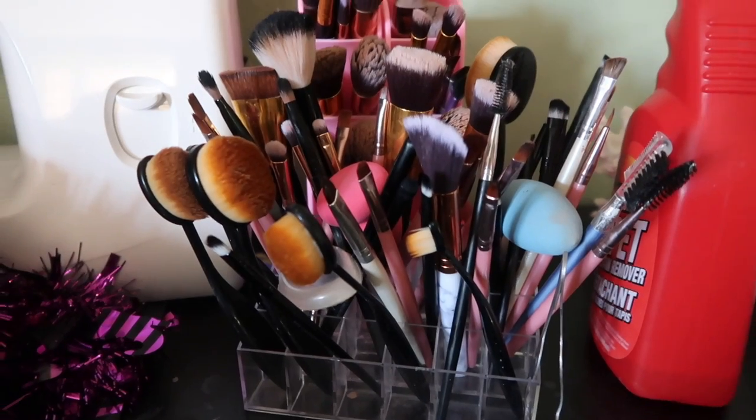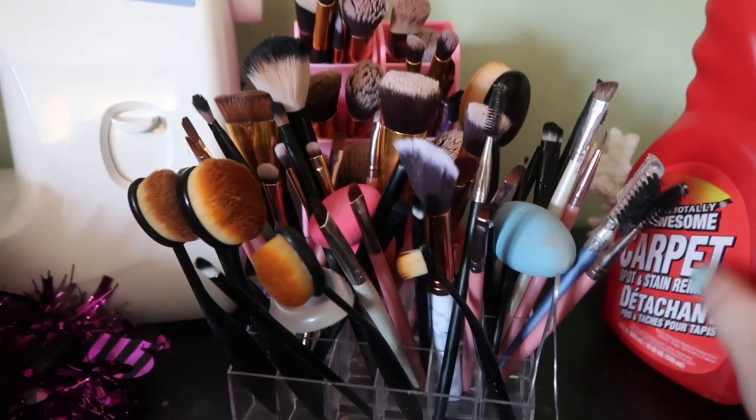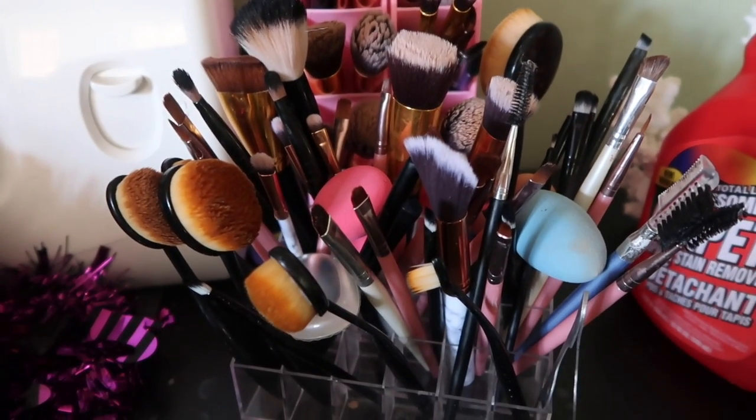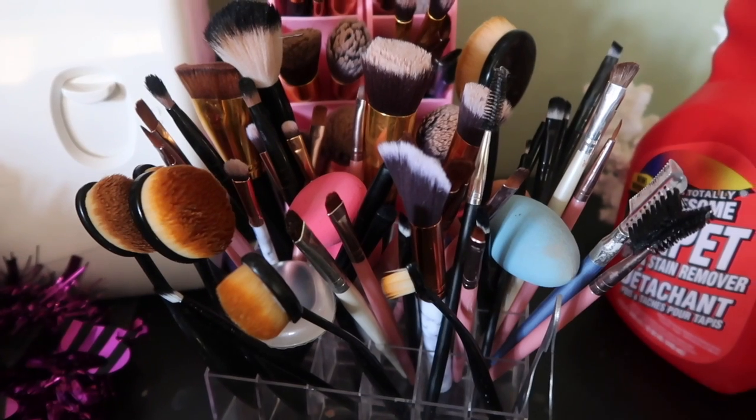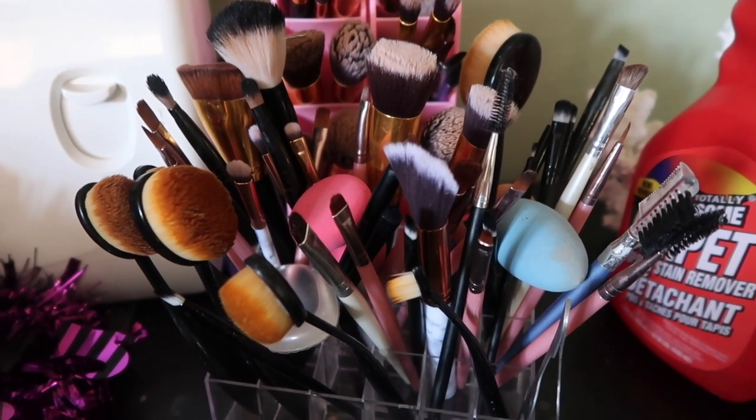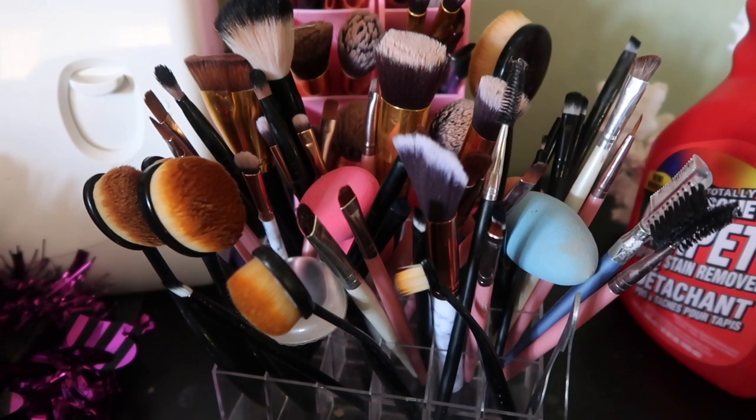So hey you guys, so here's an outro for this video. I just wanted to show you the final products. This is all my brushes. They're all clean and they're just drying in their little home right now. So I'm pretty impressed with the method, the first method I came up with, which is basically doing,